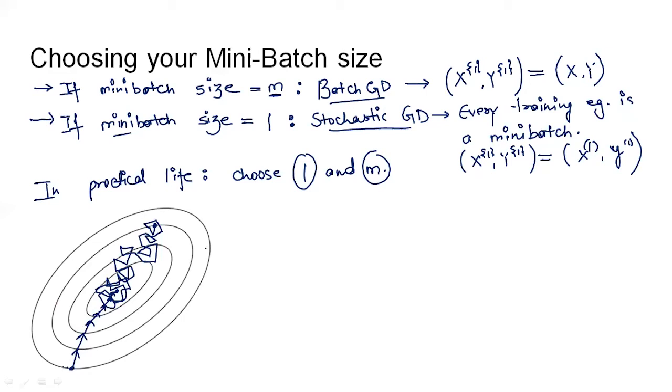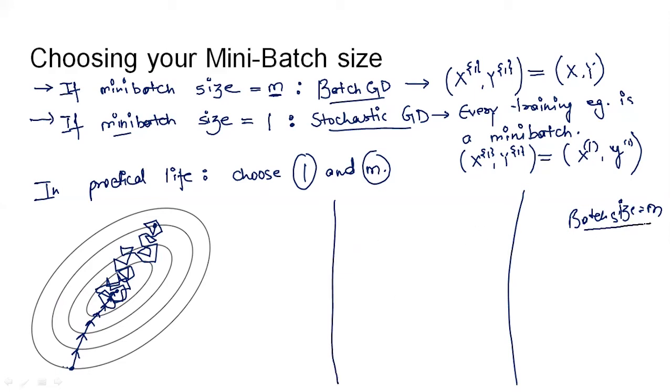So we have seen these two cases, when you choose the size of the mini batch as m and when you choose the size of the mini batch as 1. Through the contour plot we have understood what exactly is going to happen if you choose these two sizes. Now let us take a brief look at what is going to happen. If you choose the batch size equal to m, let me draw three columns first, so this would be clear to you.